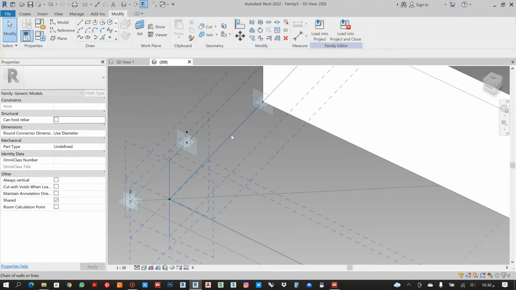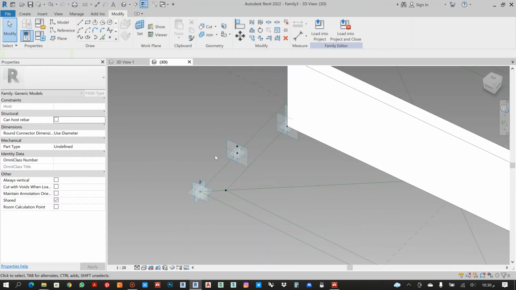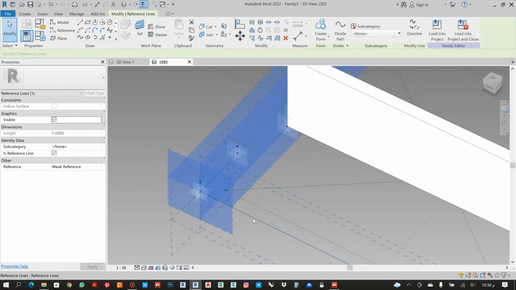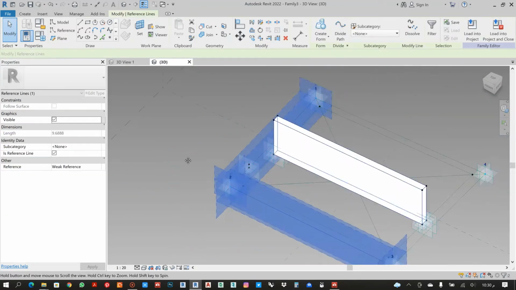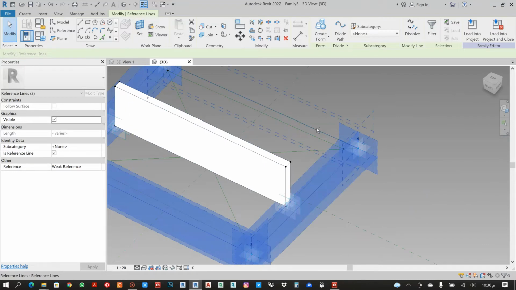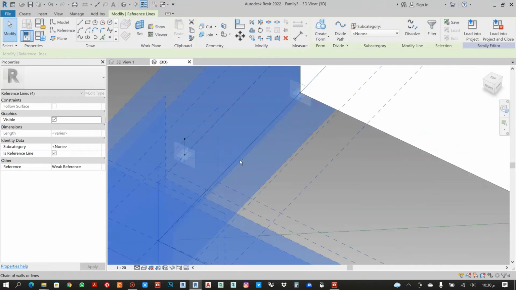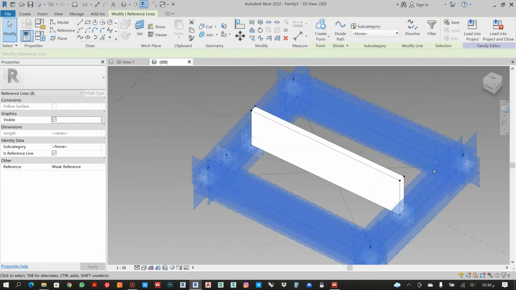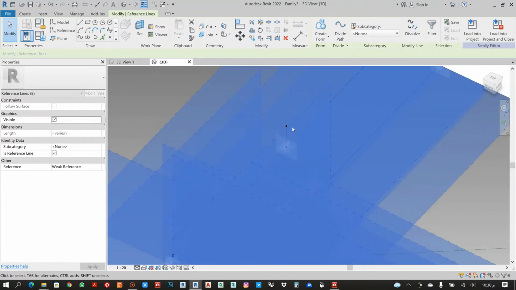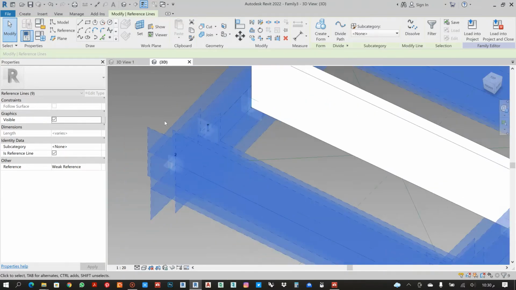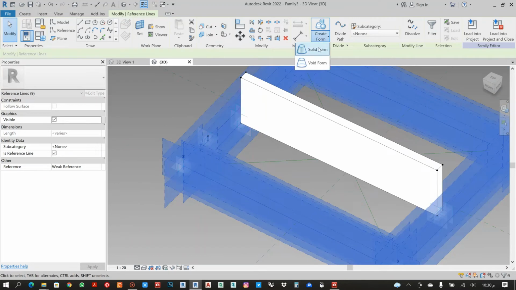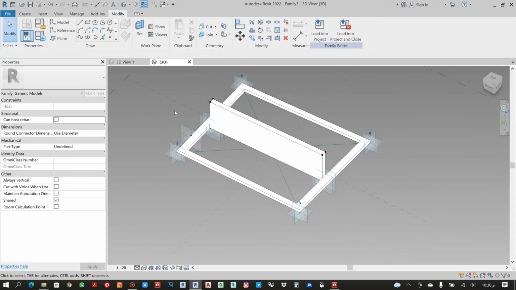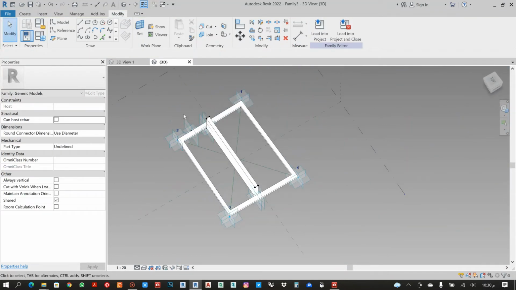Now I need to make a form from the outer frame with the internal frame. I make sure that I selected all with the height that I need and create my form. Now he created for me the frame,